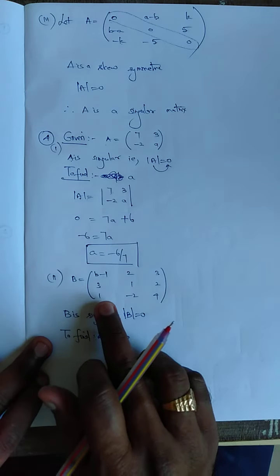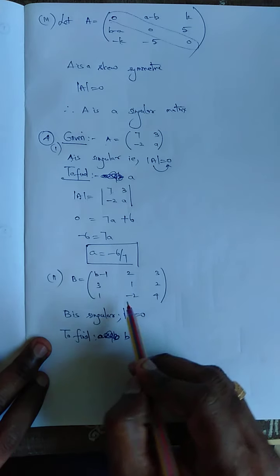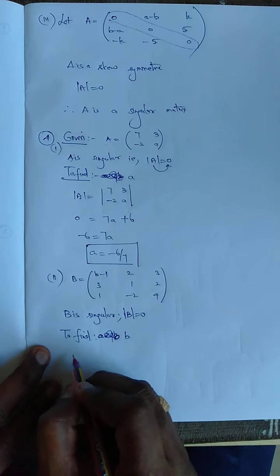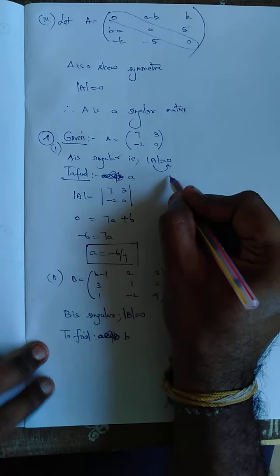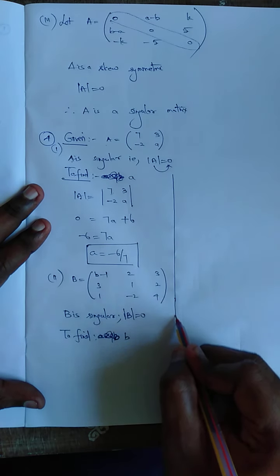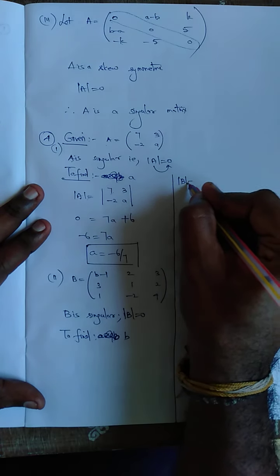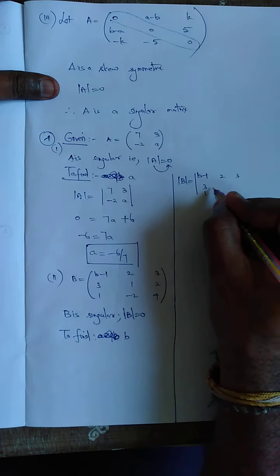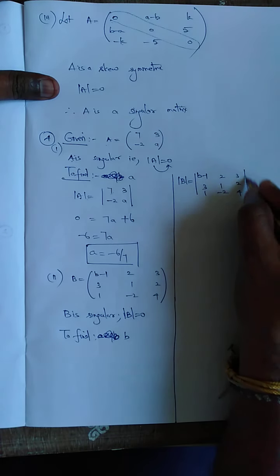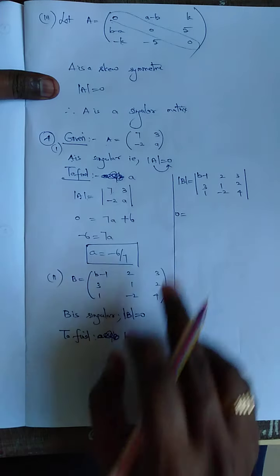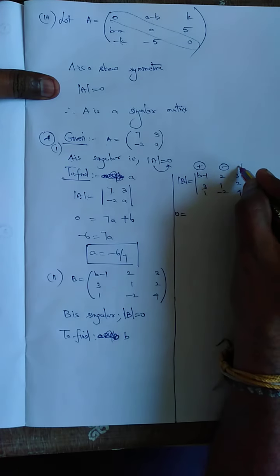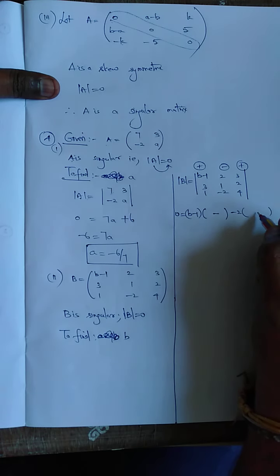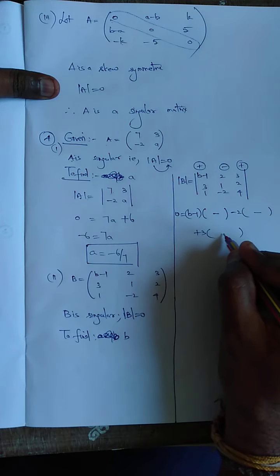So we can't do the sum using the reduction method, so better we expand this sum. So first to find the determinant of B. I will write here. Determinant of B is equal to the determinant of B, minus 1, 2, 3, 3, 1, 1, minus 2, 2, 4. Since determinant of B is 0, I can put 0. This is plus, minus and plus. B minus 1 open the bracket, minus 2 open the bracket, plus 3 open the bracket.